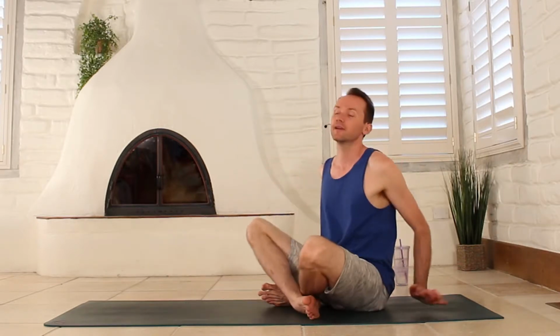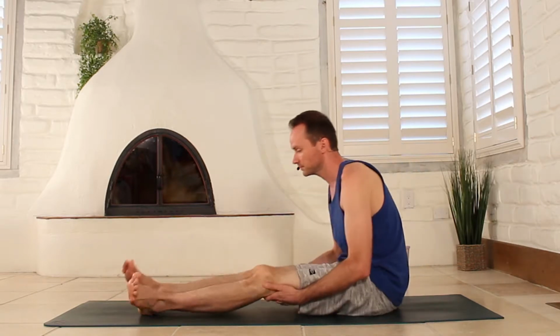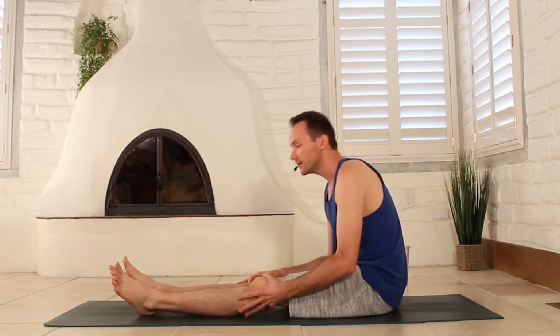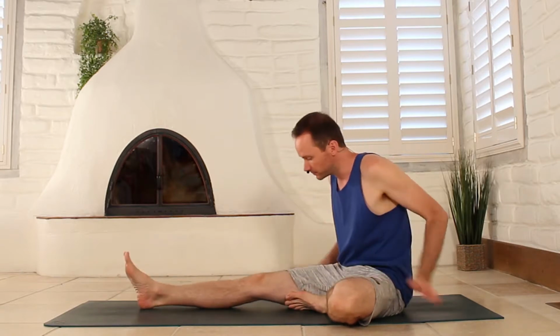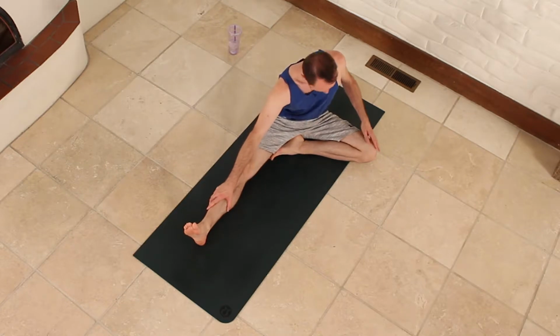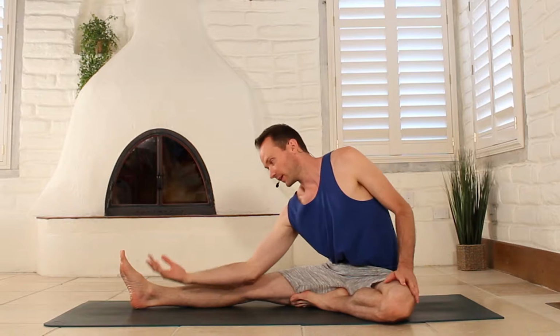Very good. Go ahead and swing your legs on around, coming into that brief staff pose. Bob your knees, shake it out. Bring that left heel all the way in, and then that knee come on down. And then twisting, squaring your shoulders up, right forearm down on the inside of that leg, left hand up overhead,